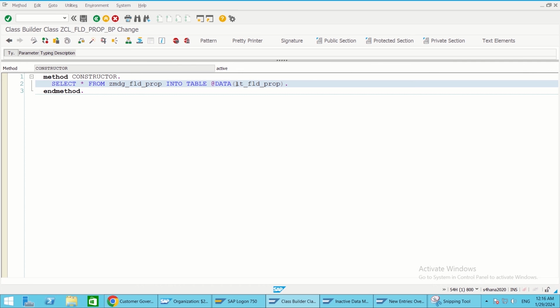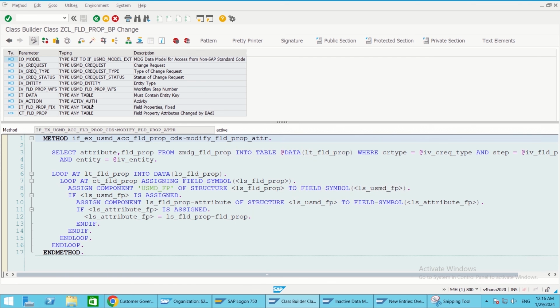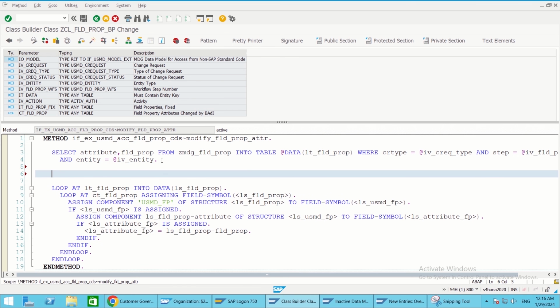Now LT FLD prop is there, right? So that one only we can go to modify, just remove this. So instead of this, in constructor only we are able to get all those. So I am just going here and adding some conditions, because LT FLD prop will already have all the conditions, so all the database table data this particular internal table will have for now. So now I can just do loop condition, loop it into data,